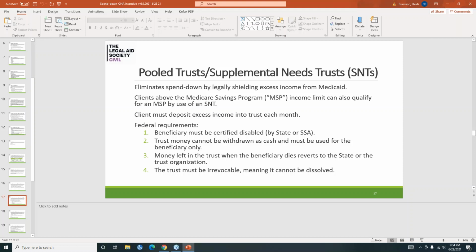So a beneficiary can't deposit their excess income and then purchase a car for their niece. That won't be approved by the trust, because the trust has to approve the expenses. And the money left in the trust when the beneficiary dies reverts either to the state or to the trust organization.